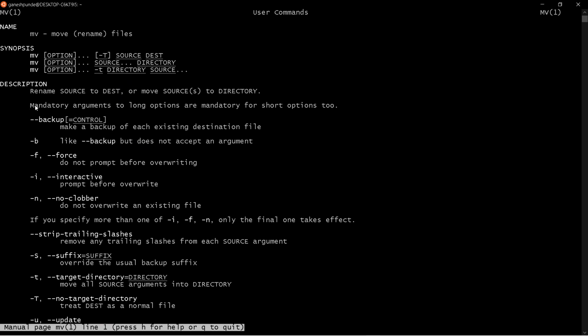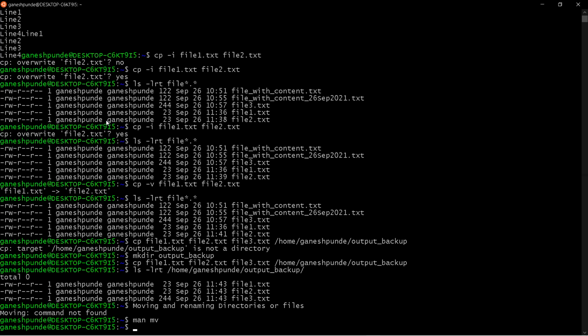You can see rename source to destination. So basically this is the command used for renaming. Whenever you get a chance, go through the documentation. When you forget a certain option, you can always refer to the manual here and do whatever operation you want, right?